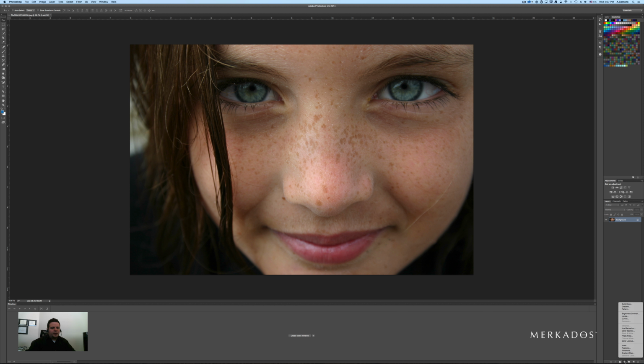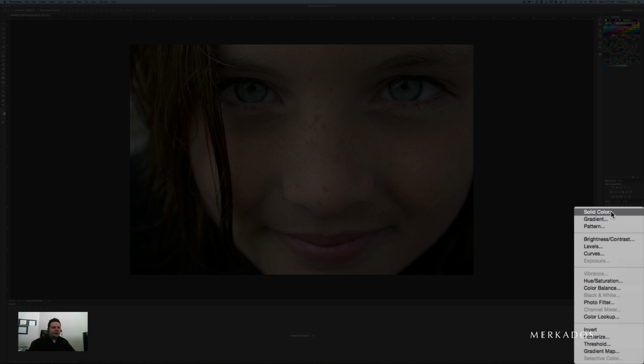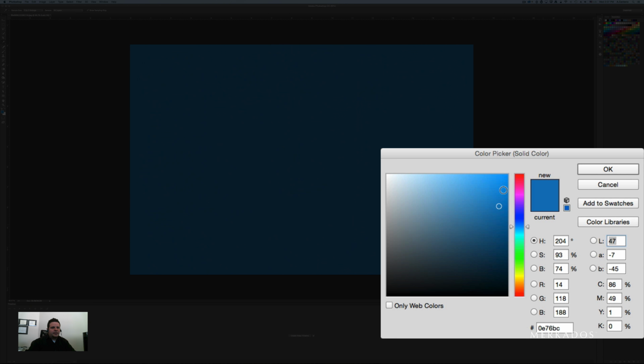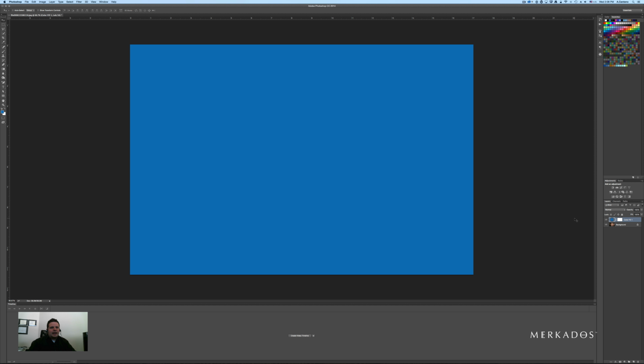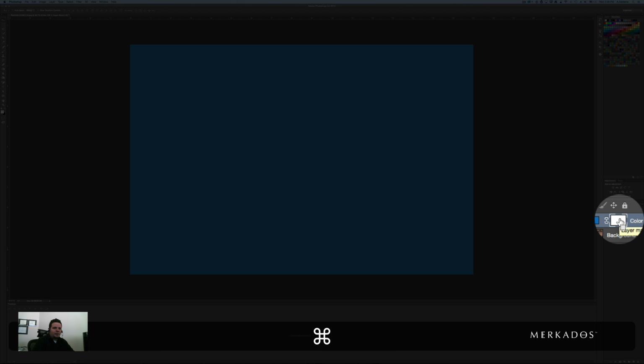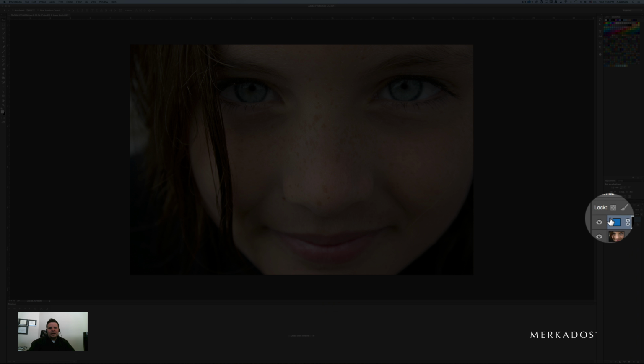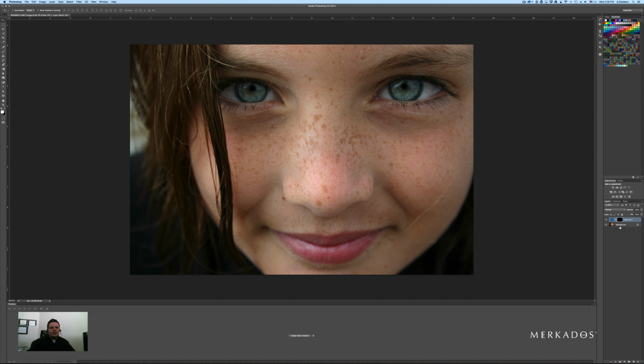Second, we're going to come to the adjustment layers and click solid color, and you're going to select the color, ideally something close to the color that you want to make your eyes. And once you add that adjustment layer, you're going to also get a mask. So we're going to reverse it by pressing Command I, so that we're not applying anything of the mask. Then we're going to change the mode of this layer to color,